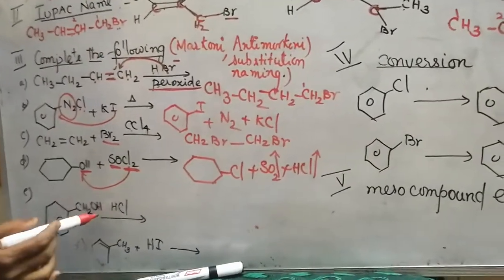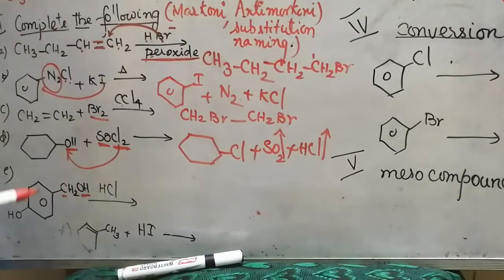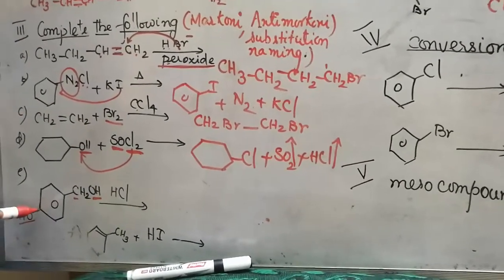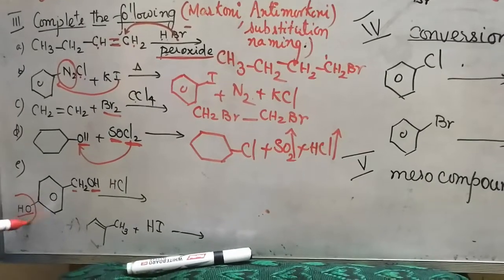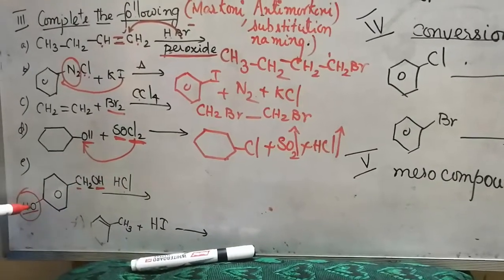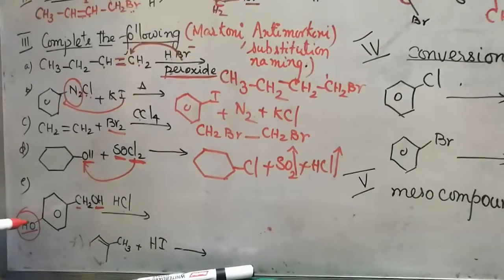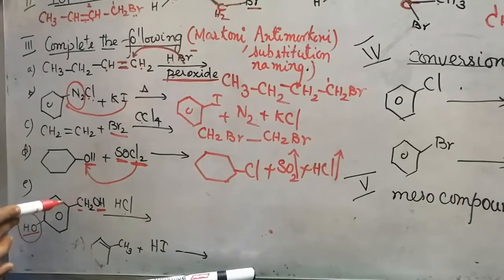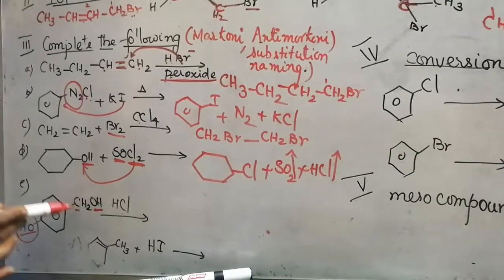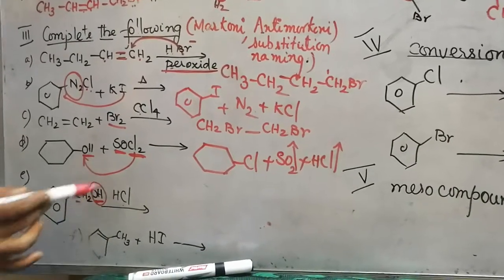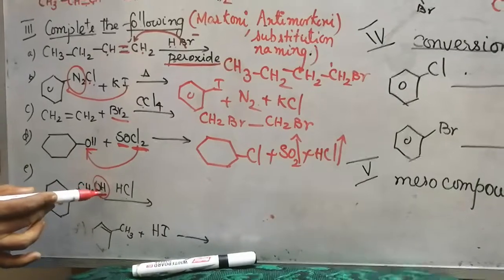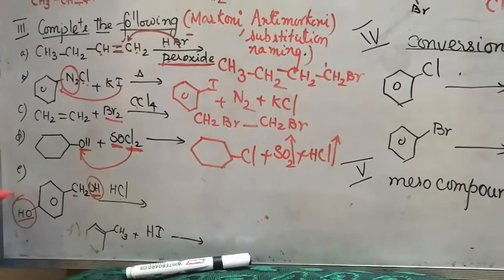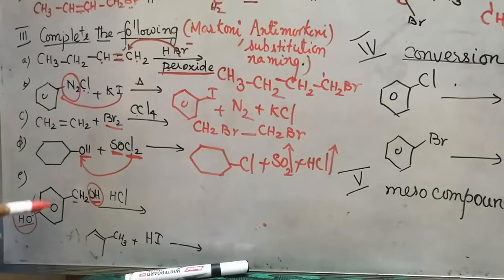This is OH, here it is attached to carbon. Here we have to concentrate very much. This OH is directly attached to the benzene. This OH cannot be substituted by Cl easily because there is a partial double bond here. This other OH is not attached to the benzene ring; through carbon only it is attached. This OH and this OH, a lot of difference. Here the substitution can take place. Here the substitution cannot take place because the OH is directly attached to the benzene ring.